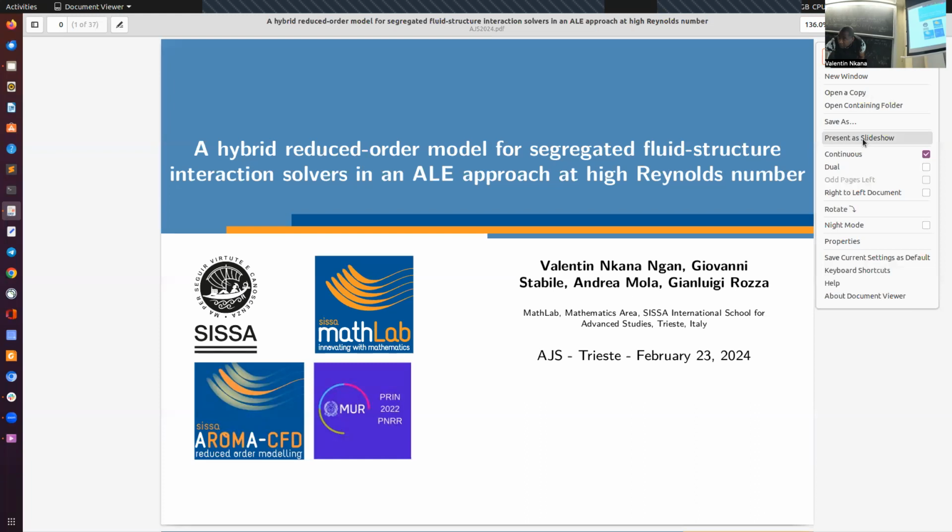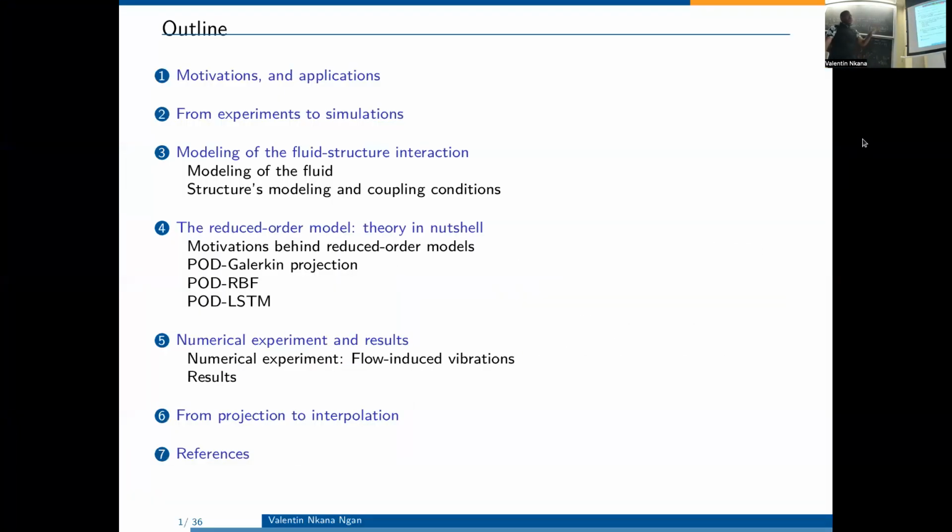The structure of the talk is the following. I will first give some motivation and applications of my project. Then I will show how we move from experiment to simulation. I will show the driving equations behind the fluid-structure interaction problem. I will recall the reduced order model notion.